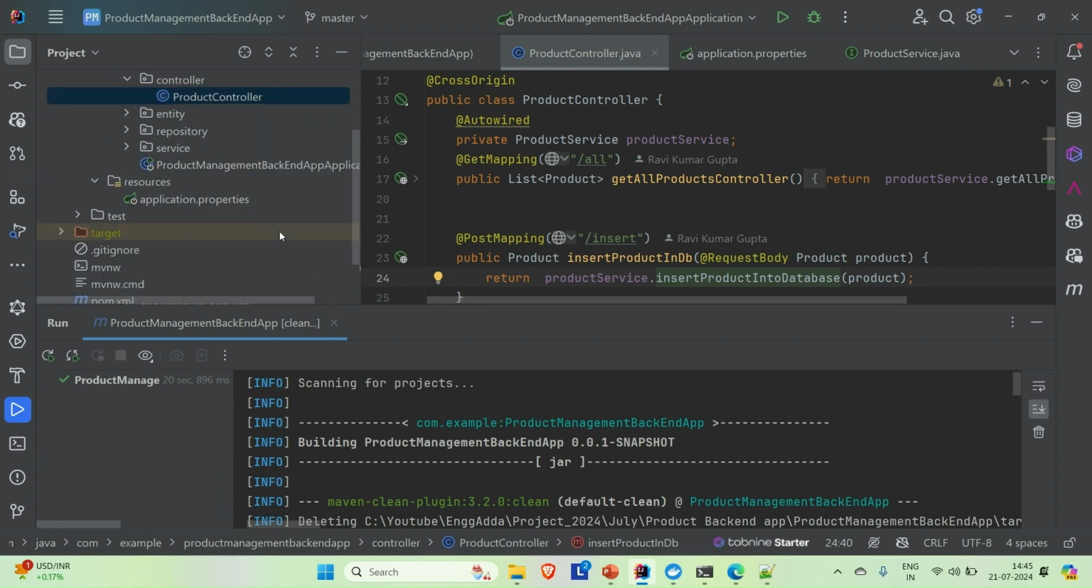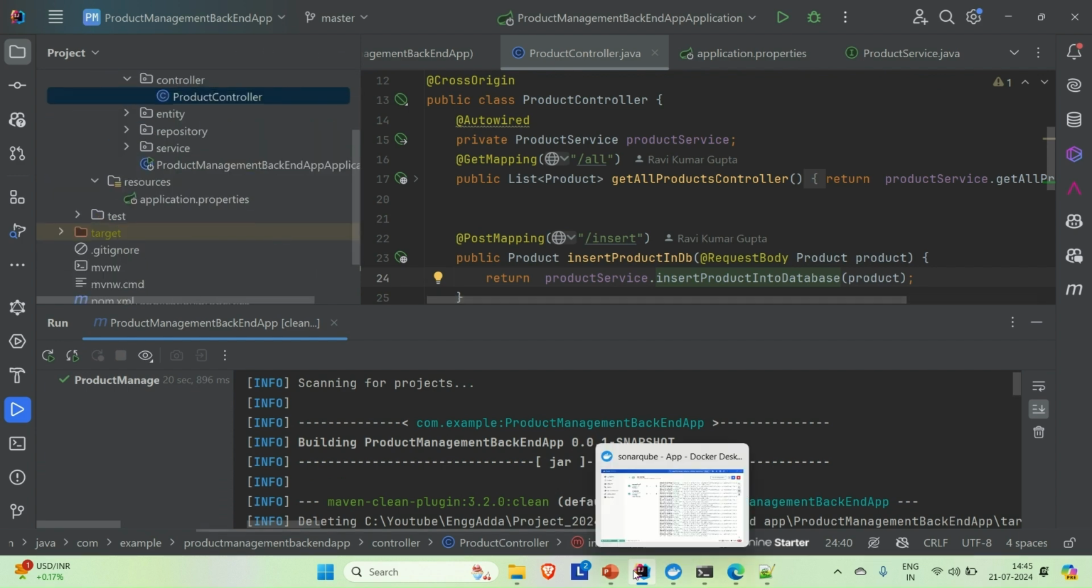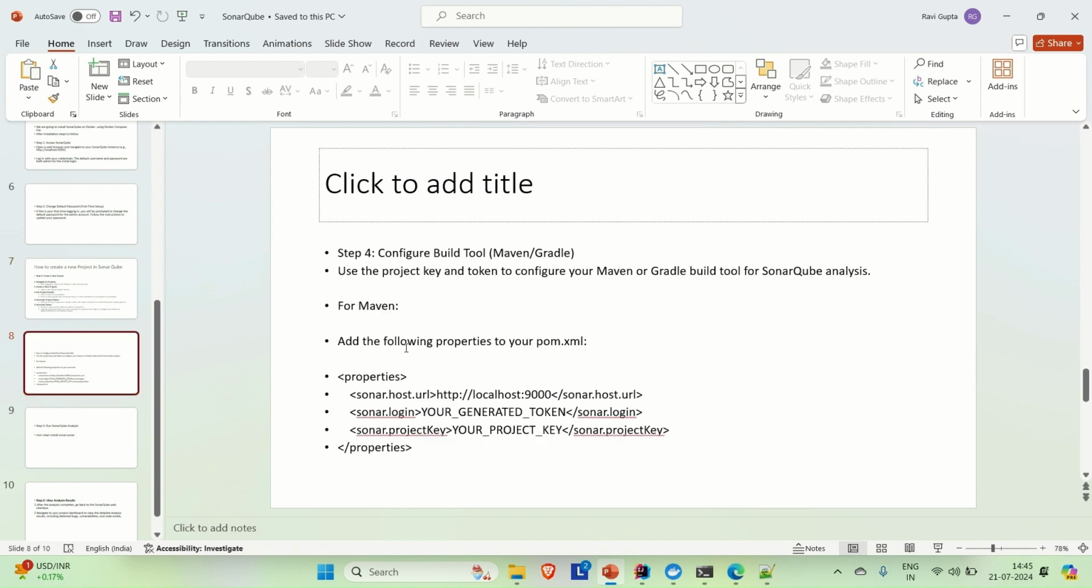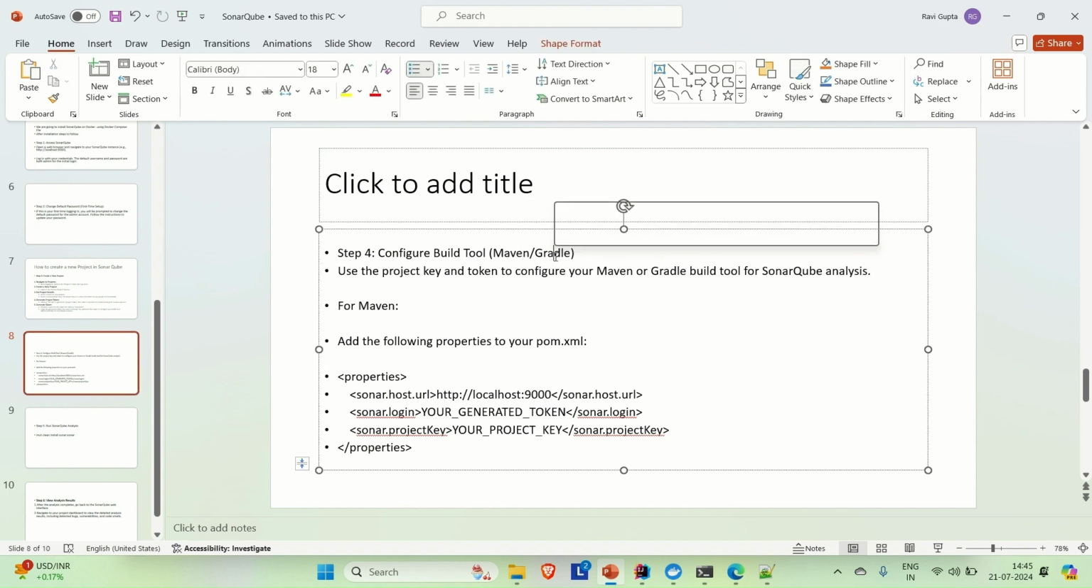So what are the steps we need to follow here? If you go to the PPT, you will find the fourth step, configure build tool. Here you can see we are using Maven as a build tool. If your application is developed in Gradle, you can use Gradle as well. But here we are going to use Maven as a build tool, and we are doing the configuration with